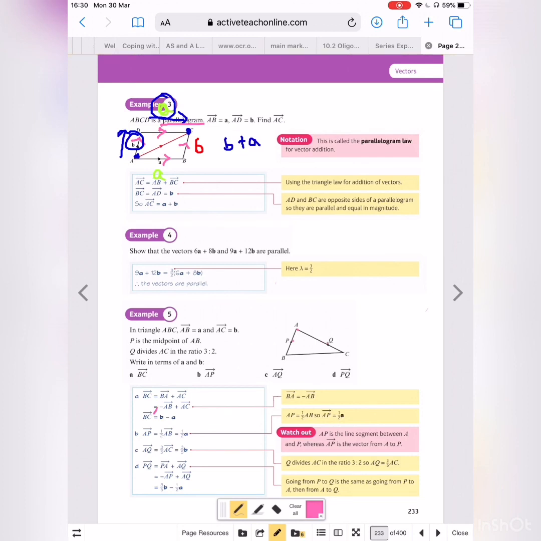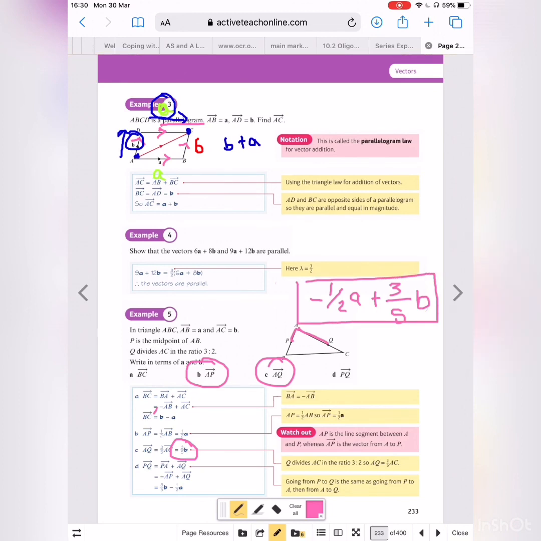What we're going to have to do is work out P to A first, and then we can do A to Q. Well, we've got P to A here, but remember that's A to P. Therefore, if we're going in the opposite direction, it must be negative a half A. And then we've just worked out A to Q. We've just worked that out, so we can take forward that answer. So it's plus 3/5 of B. So that there is your length from P